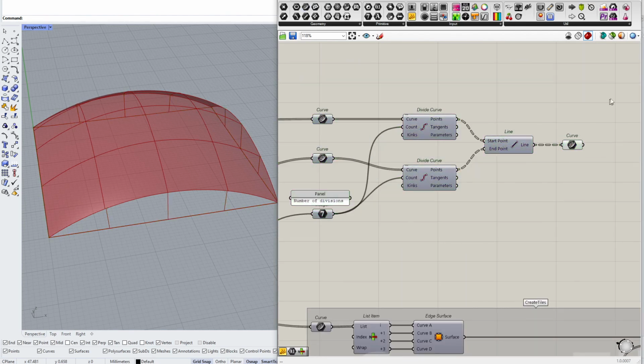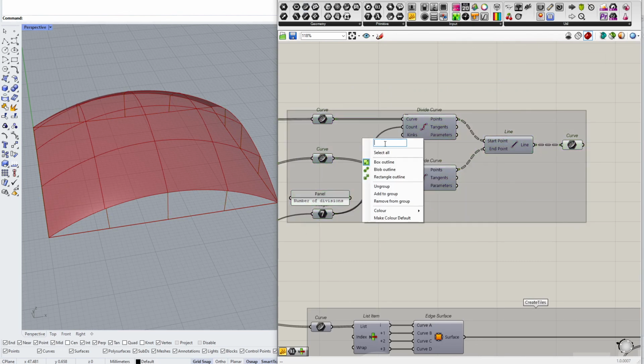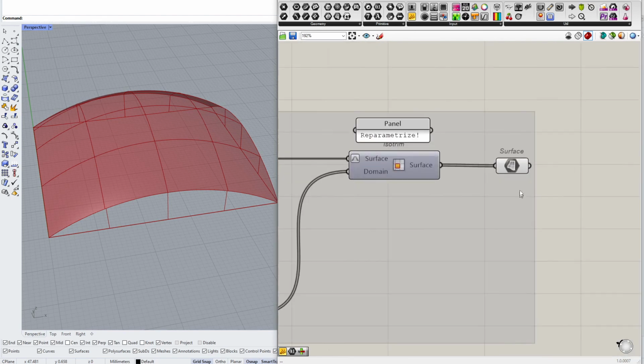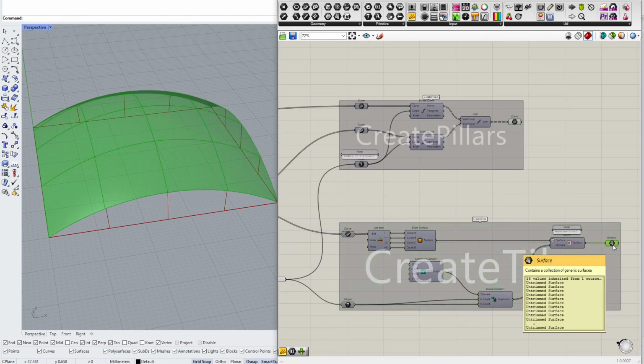Again, turn off the preview. Group everything together and give it a name. Create pillars. We have pillars, we have tiles, and now the last step,